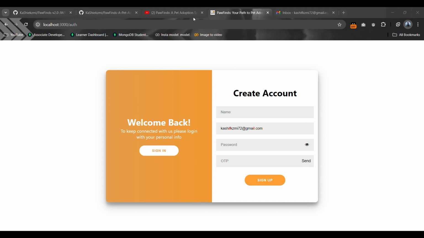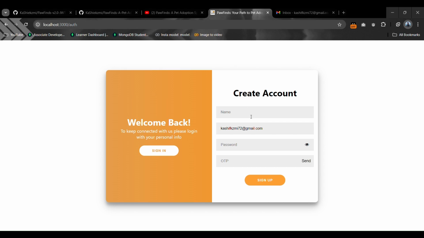To successfully receive an OTP, the name must be entered and the email must be unique and complete. Suppose we enter just a random string, then it will ask us to enter a strong password, and then it will show us the email is not valid. So we have to enter a valid email. Here in this case we have